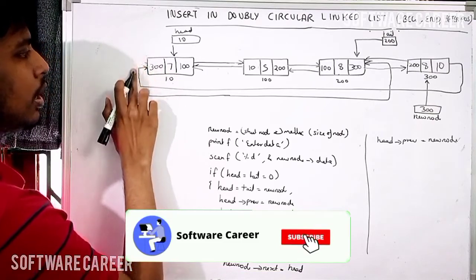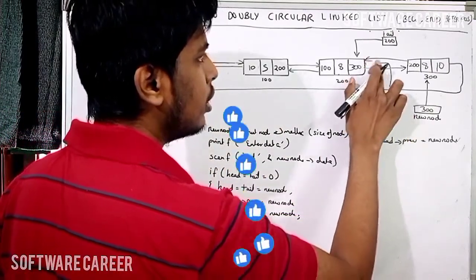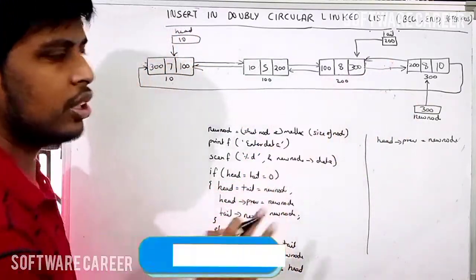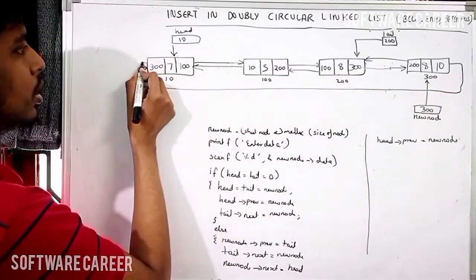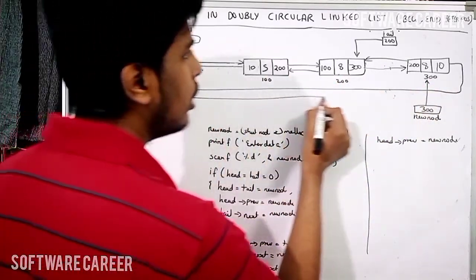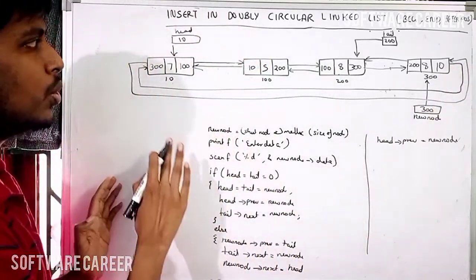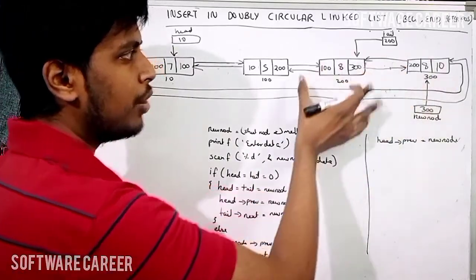So this link is getting cancelled. This link is not pointing to this 200 address anymore. This node is not pointing to this node anymore. Now it's pointing to address 300. So it creates a circular link like this. So see, this is how you should insert a node at the end of a doubly linked list,